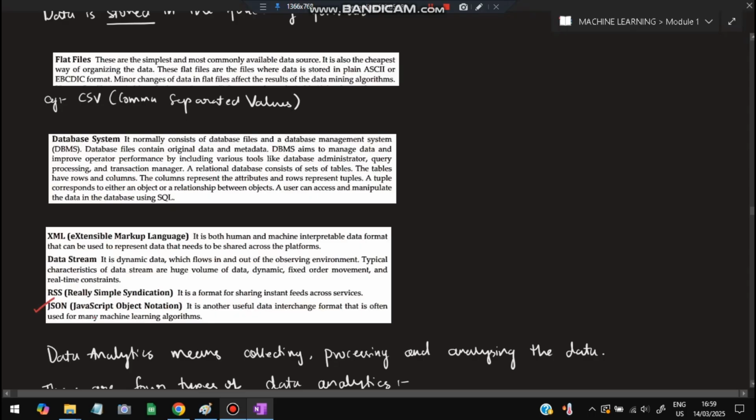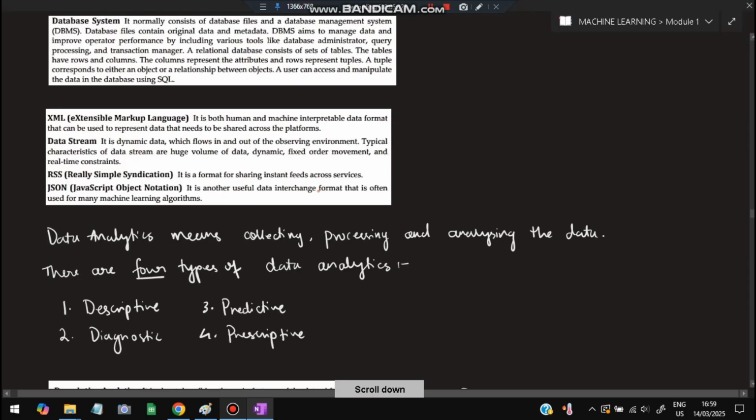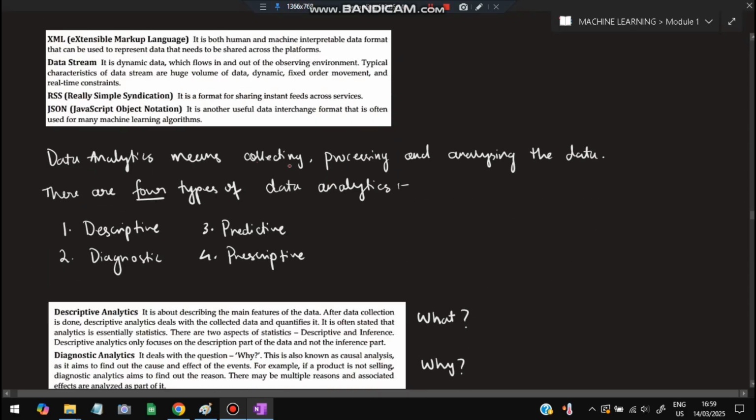JSON is also used to store the data in the data interchange format. And data analytics means collecting, processing, and analyzing the data. Three things are there. We are collecting the data, we are processing the data, means making the data better, and analyzing the data